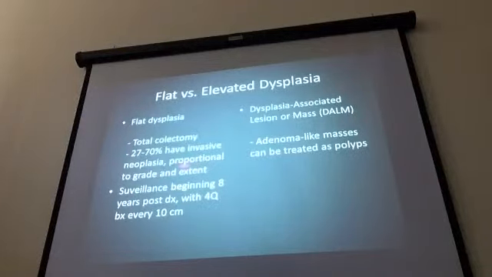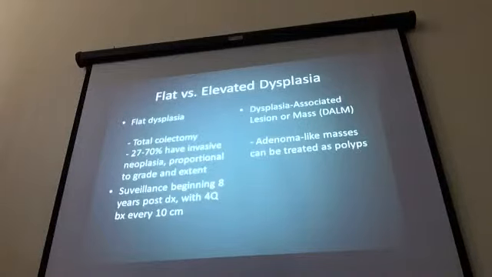And this is proportional to how high the grade was and how many biopsies showed dysplasia. So if I just have one biopsy, low grade dysplasia, I'm probably going to have a lower likelihood of cancer. But if I have high grade dysplasia in multiple biopsies, then there's a much higher chance that there will be